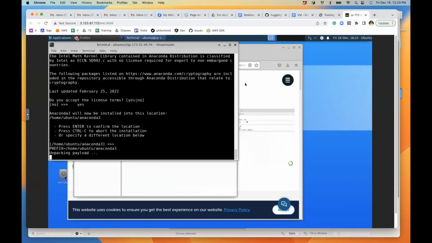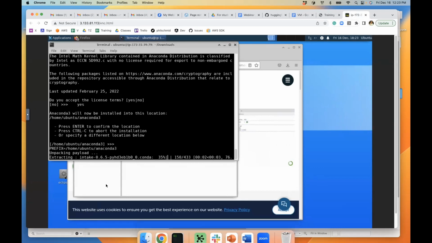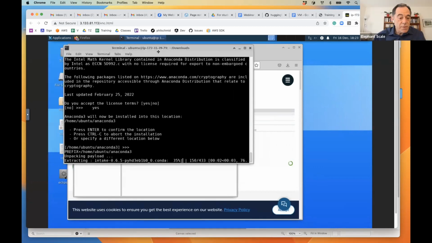Hey, Mark, I'm facing issues with the Anaconda install. What to type in the terminal actually? Okay, you open your terminal and navigate to downloads. How do you do this? Just in case, okay.